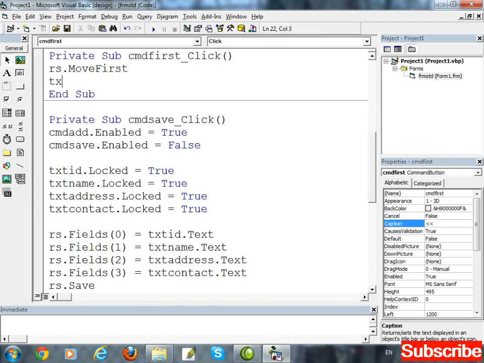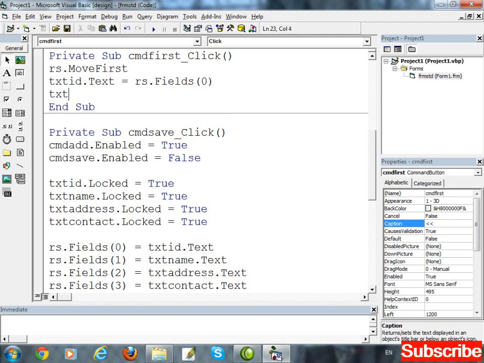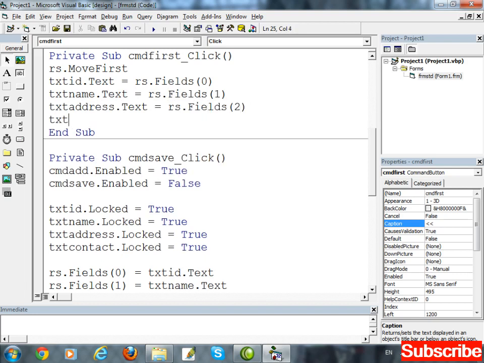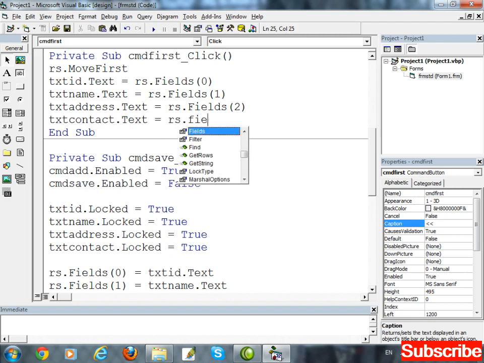And also write txt_id.text equal to the record set fields(0), txt_name.text fields(1), txt_address fields(2), and fields(3).